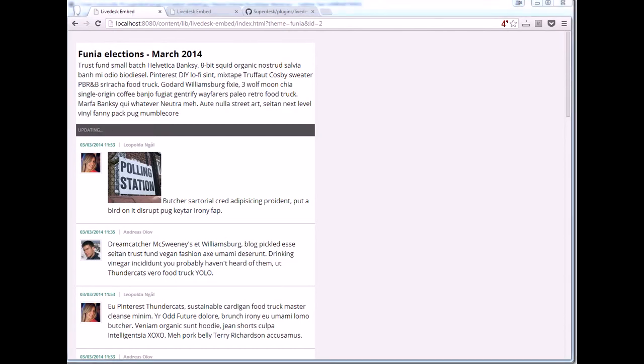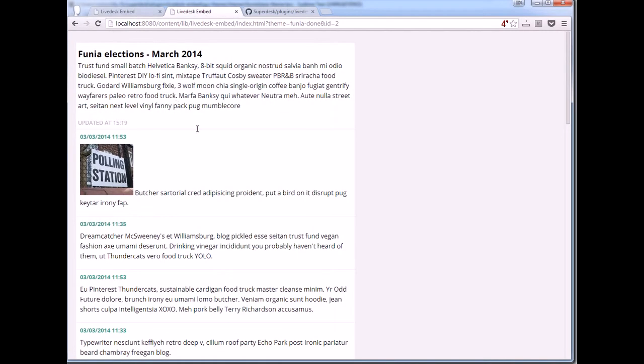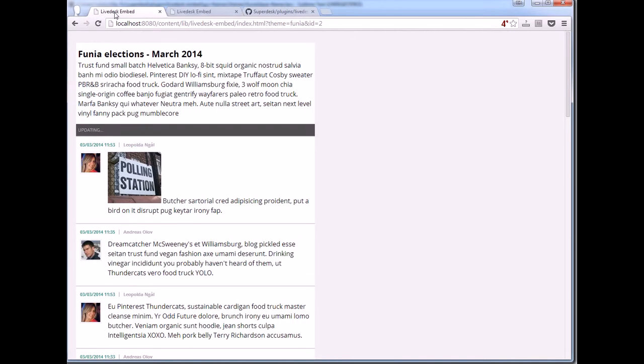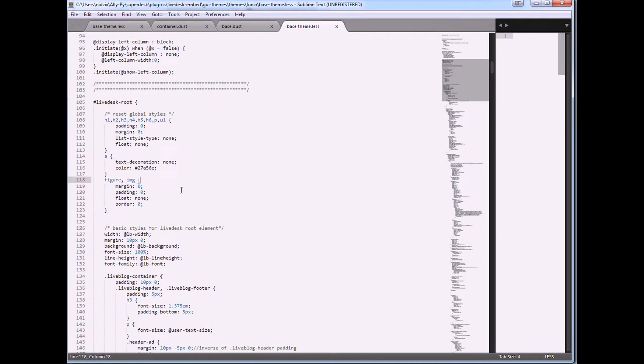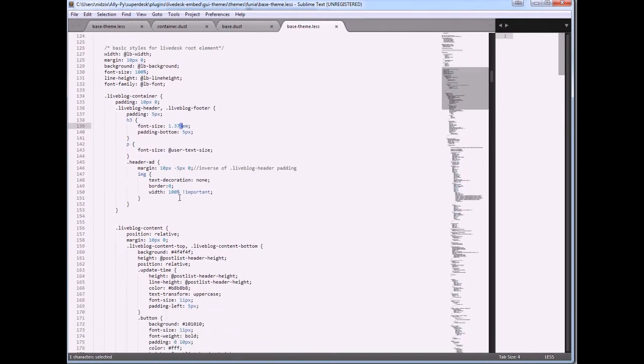Next thing we are missing is changing this part, the header part of the live blog post list. We want it without any background, larger font. Go back to our theme. Here is live blog content, and under the blocks live blog content top and live blog content bottom, you will see where we set the background for these blocks.